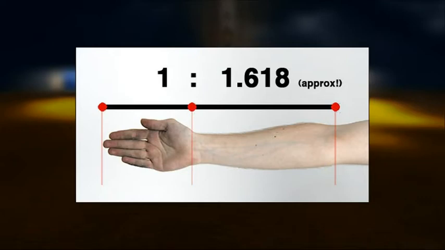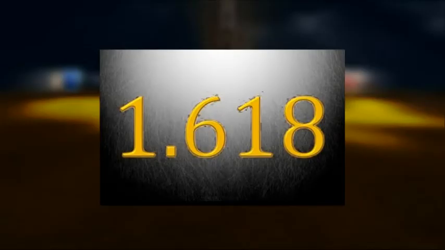In other words, if you divided the long measurement, which is the elbow to the tip of the fingers, by the short measurement, what you'll end up with is 1.618, and that's called a divine proportion. And it's God's mathematical imprint on the whole of creation. The actual value of pi, it's actually a constant recurring number, but it is, on this picture, 1.618. That is the actual value of pi.